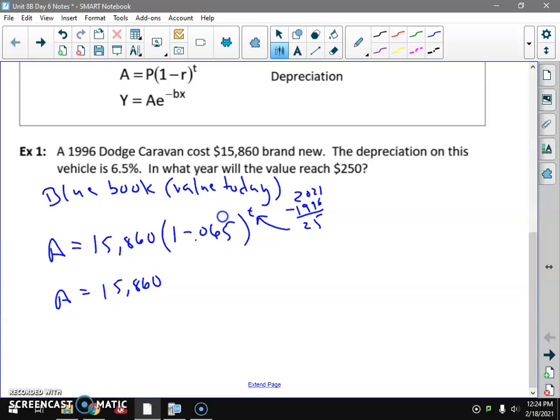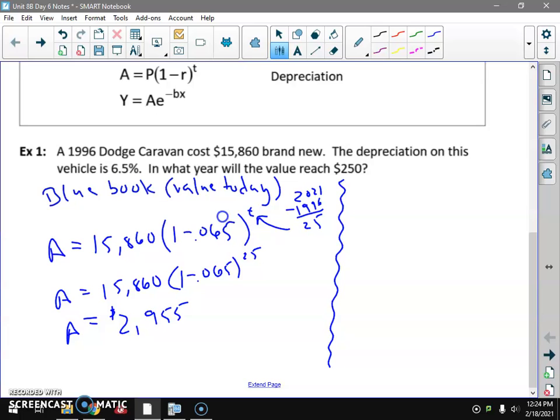15,860. 1 minus 0.065 is 0.935, but I'll leave it as that because it's losing 6.5%, so it's worth 93.5% to the 25th power. The Blue Book value today would be $2,955. Okay? To make it a more interesting question,